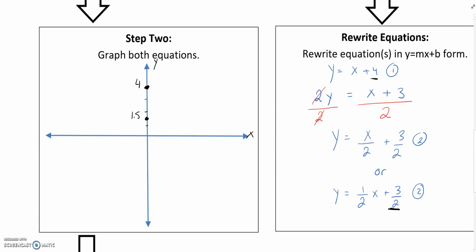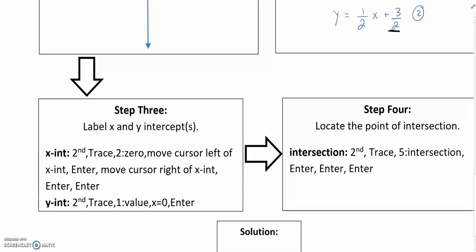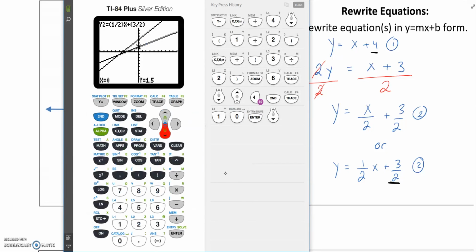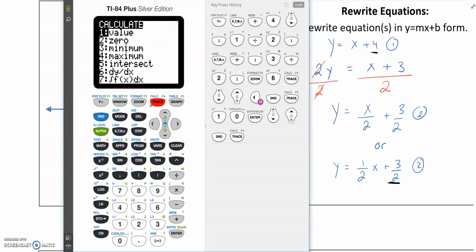Okay. So now let's get our x-intercepts, not as intuitive in the calculator, and you can't see it as easily from your equations either. So if we go down here, again, the instructions moving left and moving right of that x-intercept. So let's see how we do that on the graphing calculator. So I'm going to go back to equation 1, go back into the second trace, which is actually your calc menu here. And now the calculator calls your x-intercepts the zeros, and we'll actually use that name when we learn quadratics as well. So let's go down to 2, or you can even push the button 2,